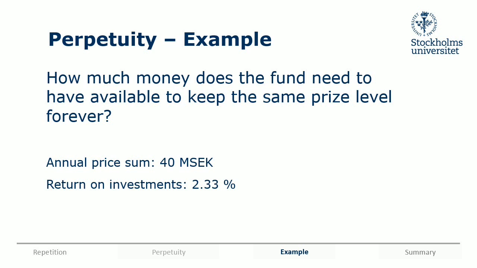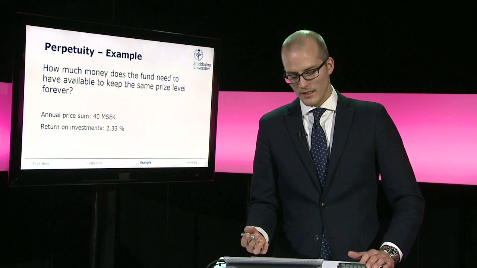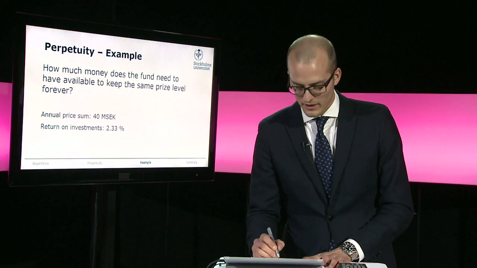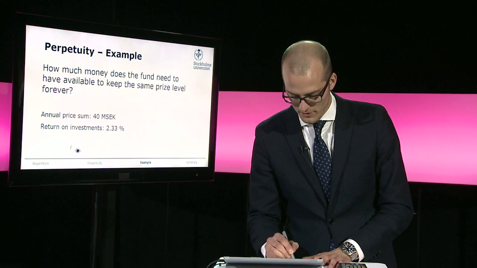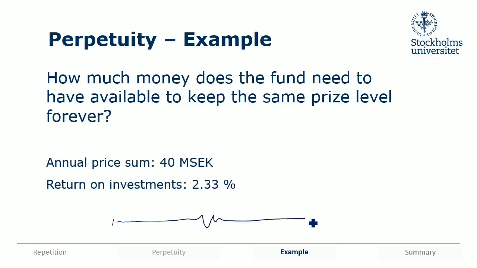So we can see this as a timeline with an infinite number of cash flows, something like this, where we will want to each and every year hand out 40 million,